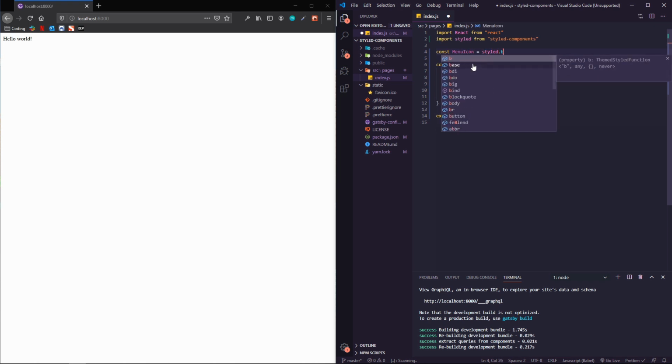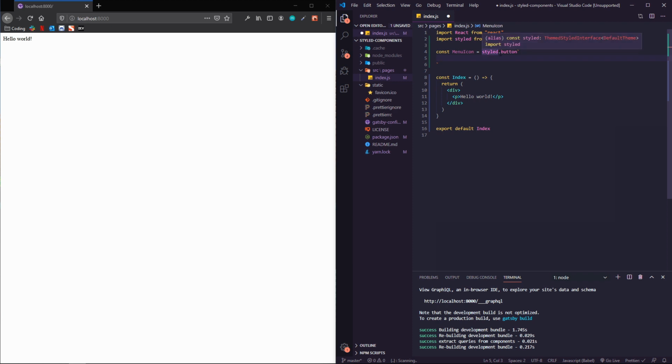equals styled.button. So with styled components, you don't lose semantic HTML. What you do is after styled, whatever element type you want, you just call it after the dot here. So you can do styled.header, styled.section. Of course, you can do styled.div, but don't use .div after everything if you want semantic